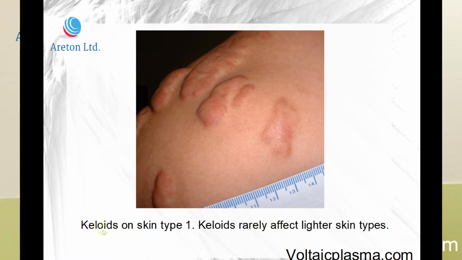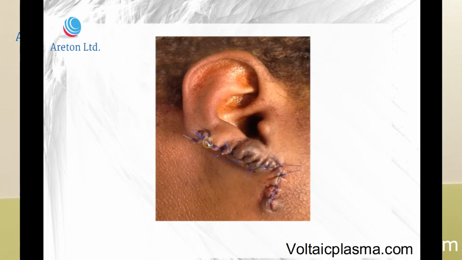Now, this is a keloidal formation on skin type 1, which is quite rare to find, but still they can occur. This is surgery in order to actually remove the keloidal formation. And again, what you want to do is just chop it off using surgery at times, or if you're good at it, you can actually do a better job by using electrical arc in most keloids anyway, and then doing some cortisone injections during healing or something of the sort in order to prevent